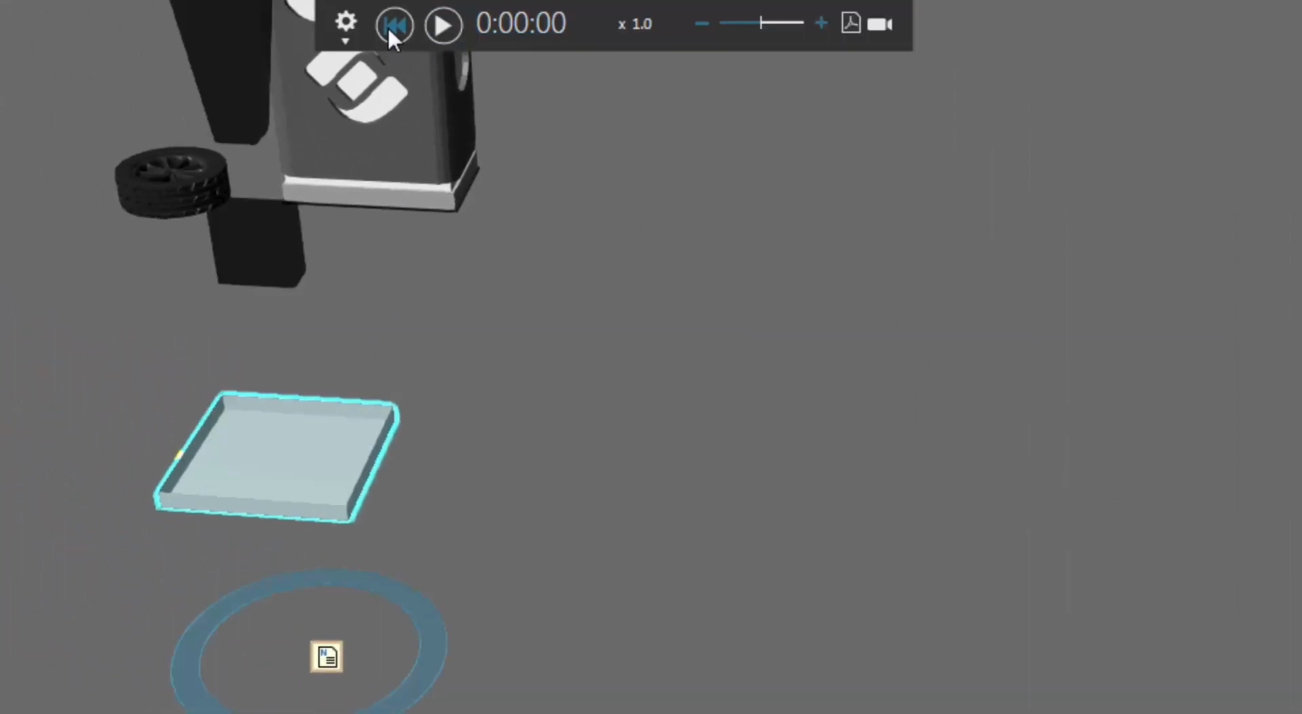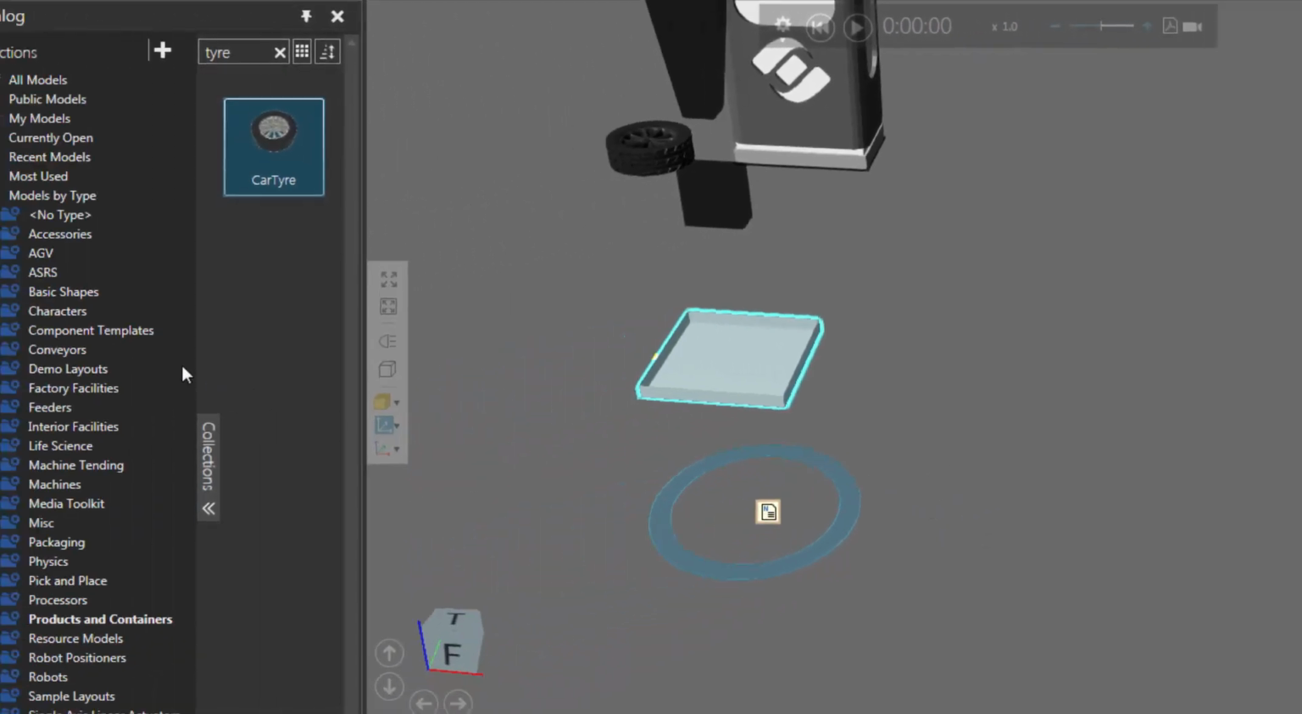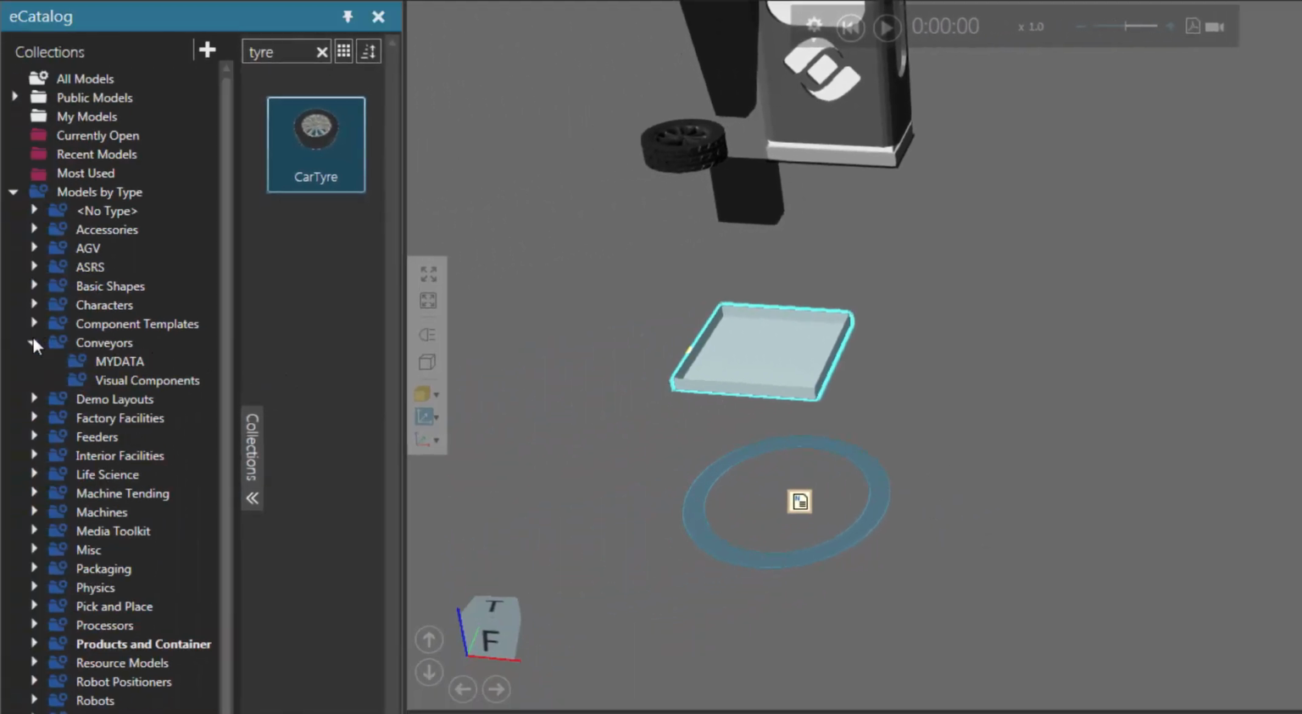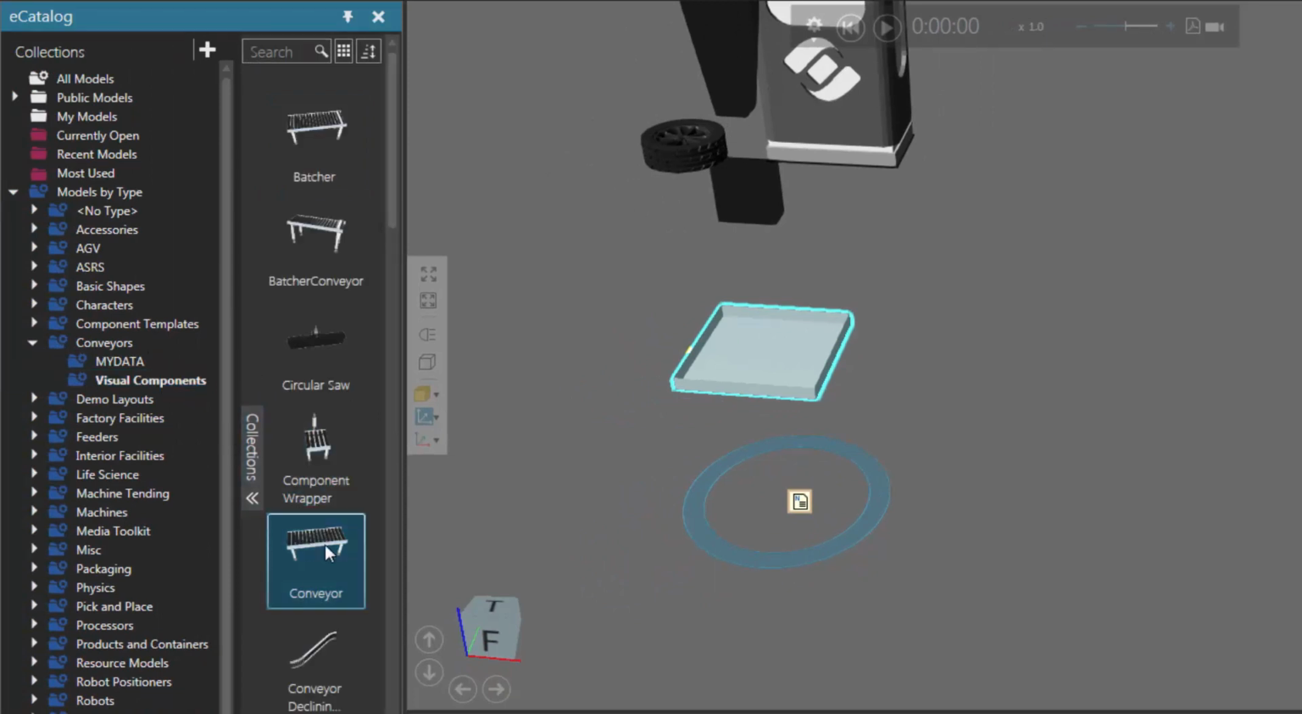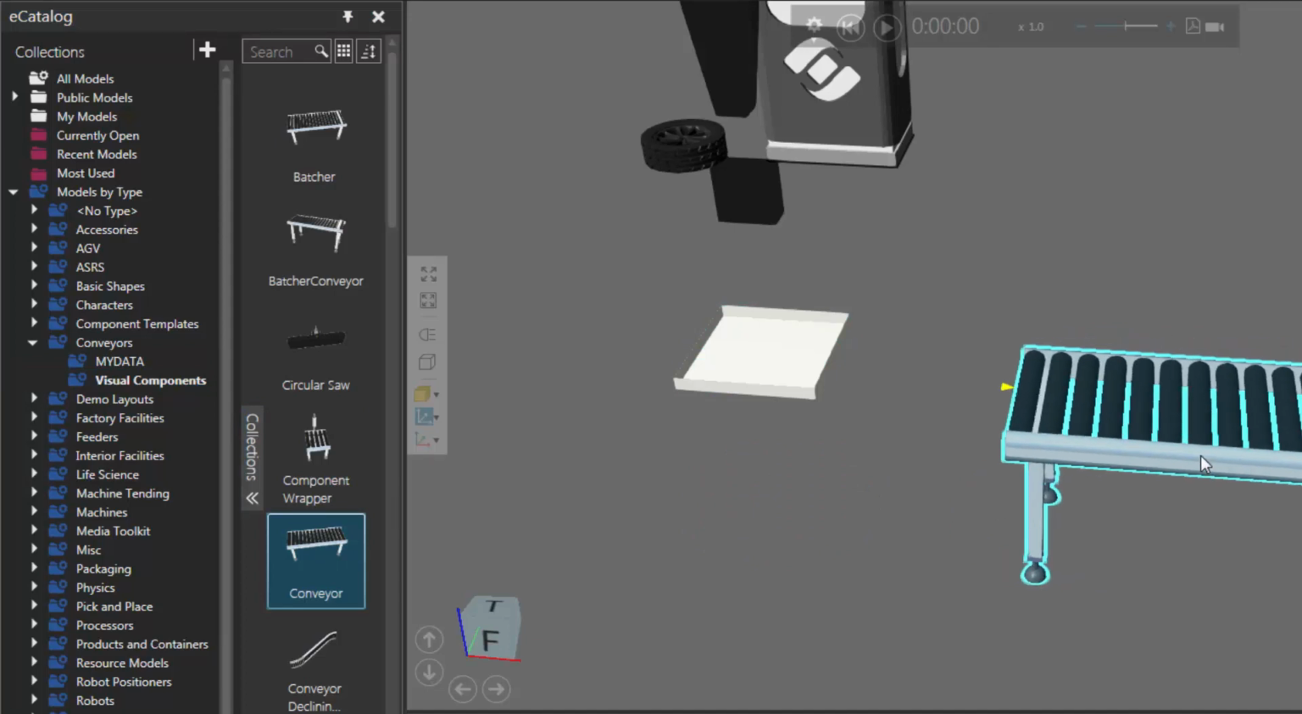So let's reset. Now after I create the car tire, I want to transport it out and feed it along a conveyor line. So I'm going to add and connect a conveyor over here, and then eventually I want to stop the car tire over here, so I'll add another process component down the line. I'll go to my eCatalog panel, and under Models by Type, I'll expand Conveyors, click Visual Components. I'll then add a simple conveyor, so I'll drag this item into the 3D world,